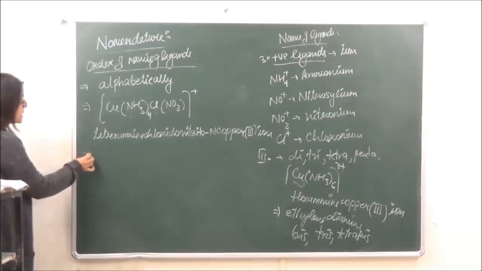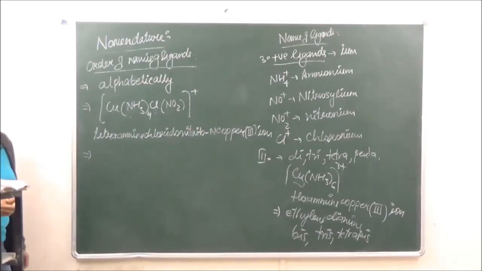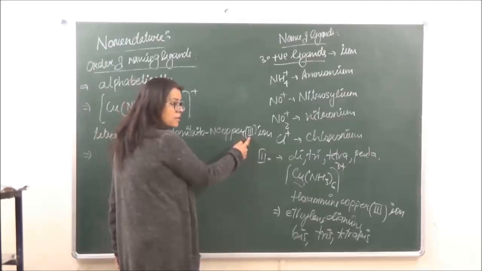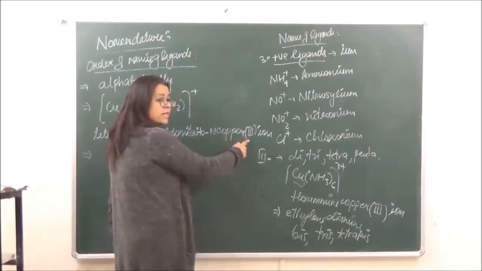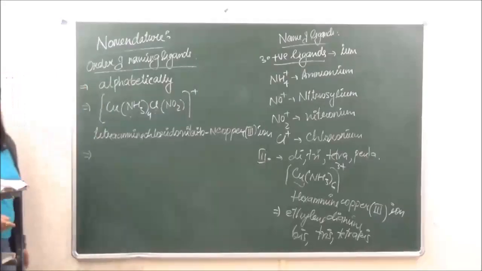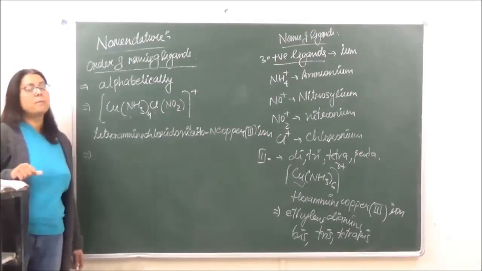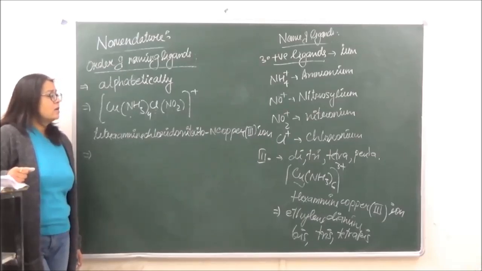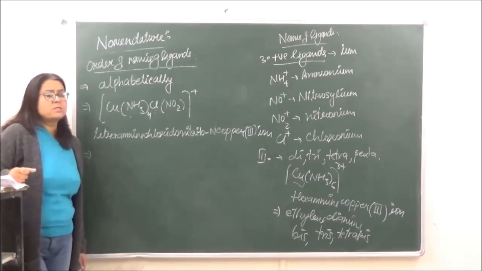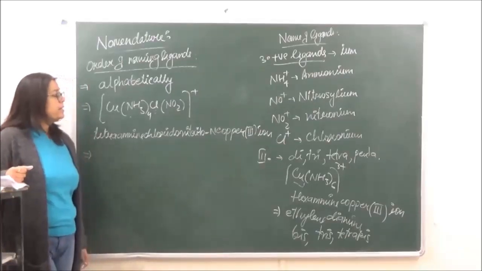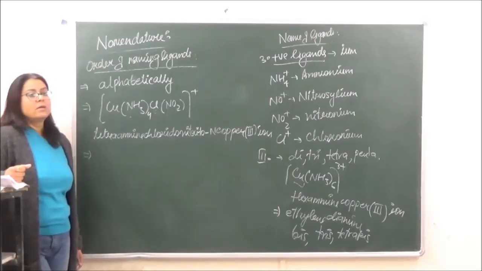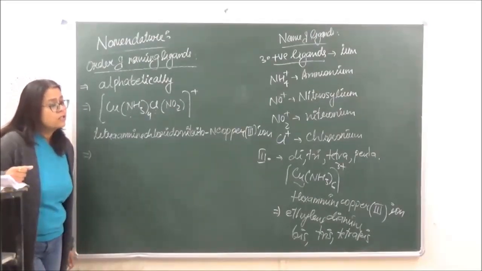Got it? Then the next step which you are going to follow over here is the oxidation state. As I have just told you, the oxidation number of the central metal atom is put in brackets next to the central metal atom in the form of Roman numerals. This is very, very important. So it is very important for you to calculate the oxidation number correctly. That we've already done. How do we calculate? And also, you've done it in class 11, the oxidation number of certain special molecules. But over here they are not required. The only thing required over here is the oxidation state of the central metal atom.